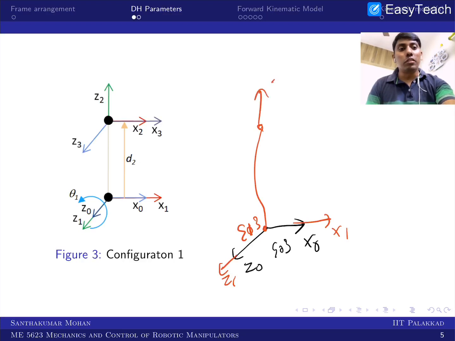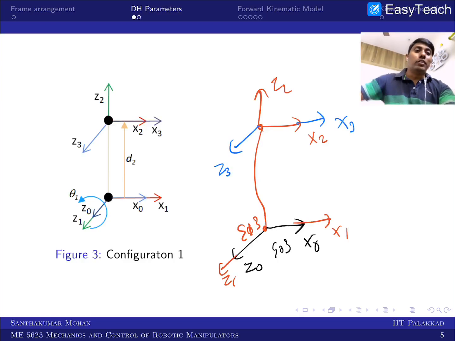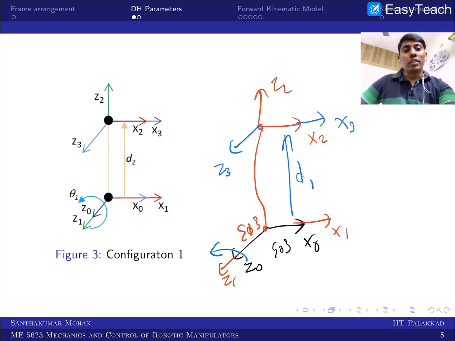So this is your z2, and this is your x2, and what further I'm doing is taking this parallel to z3, and this is parallel to z0, which is z3, and x3 is parallel to x2. So now this is what we have done. In the sense, you can see this is one active variable and this is another active variable. This I call d2 and this is called theta1. So that's what I've done here. You can see these two are the joint variables.